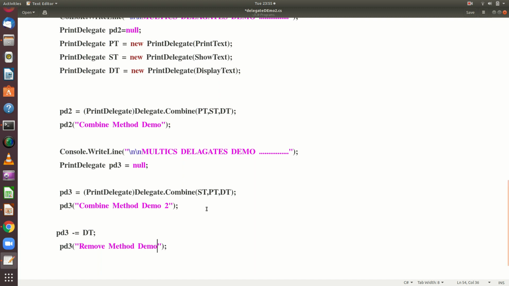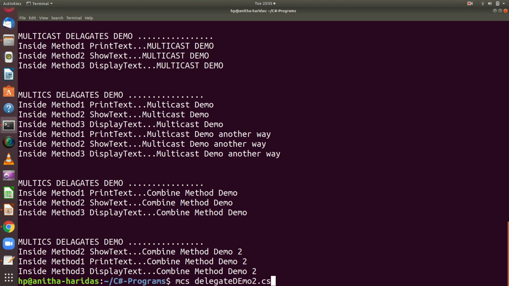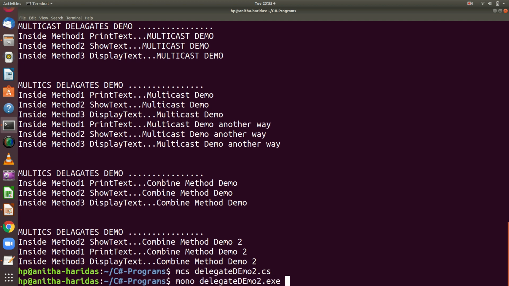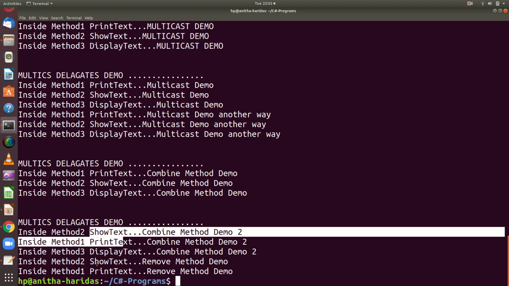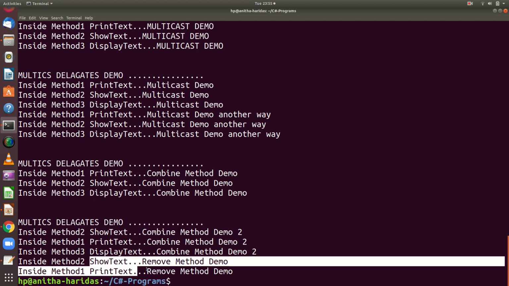Let us take it as remove method demo, save it, compile it, execute it. Now you can see here only show text and print text are coming.